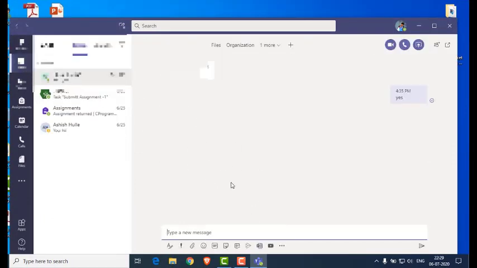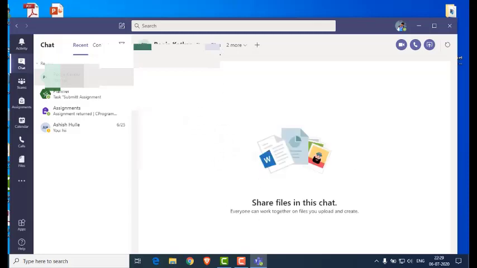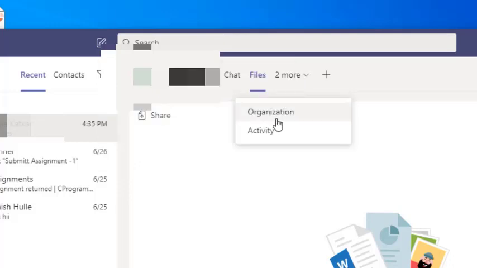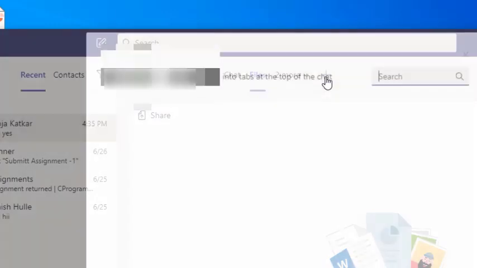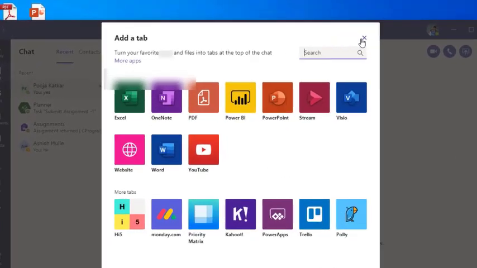In the chat also I can chat with any person, I can send files, right? Whatever files I want to share, I can share directly. Apart from that, if I want to add any PDF files, any Excel files or anything, I can easily add here with the help of that tab.